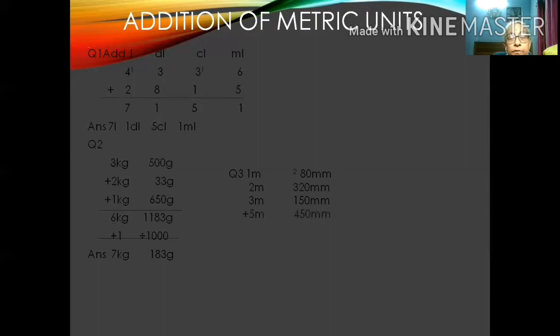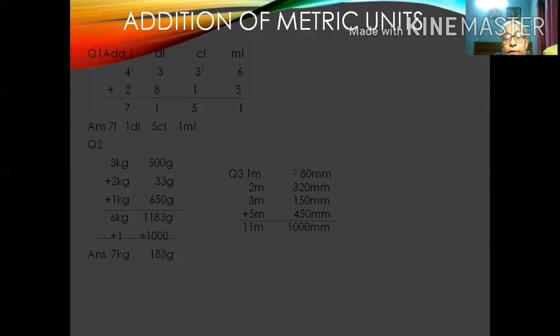Now question number 3, that is about the meter. 1 meter 80 millimeter, 2 meter 320 millimeter, 3 meter 150 millimeter, 5 meter 450 millimeter. First one is 80 millimeter, a 2-digit number, so the 100 place is empty. Now we add 0, 0, 0, 0, 0 and then